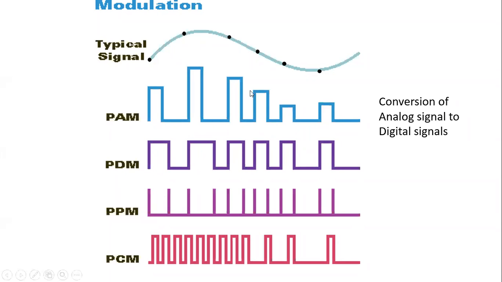So all these techniques, all this picture that you are seeing, is basically converting an analog signal into pulses. Right now we are not using it for transmission. This is all happening at the transmitter end. We are just sampling our analog signals and using them in various ways, depending upon the application. We are either taking its amplitude or converting it into width.